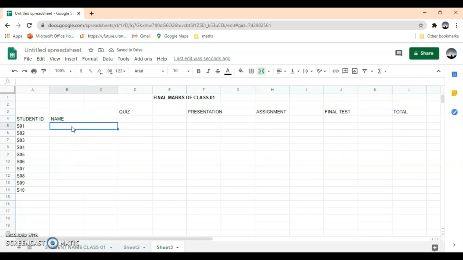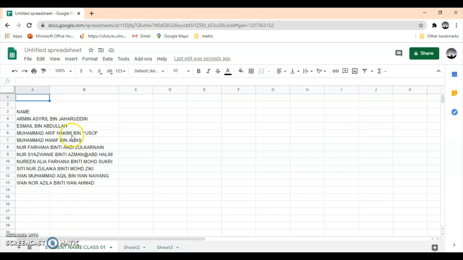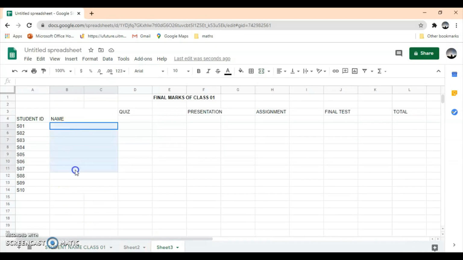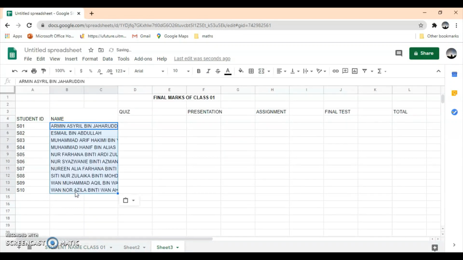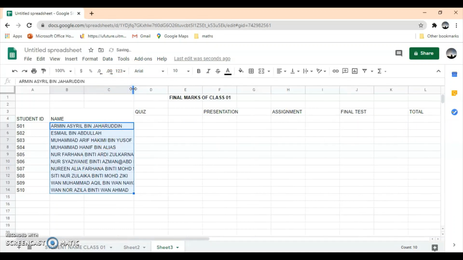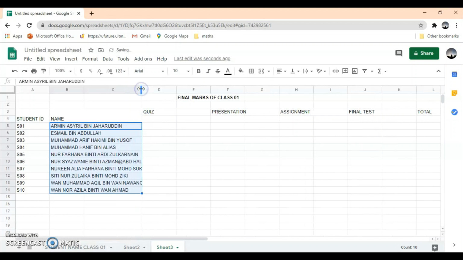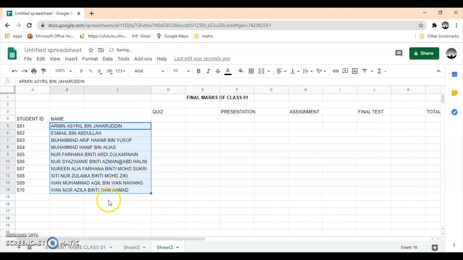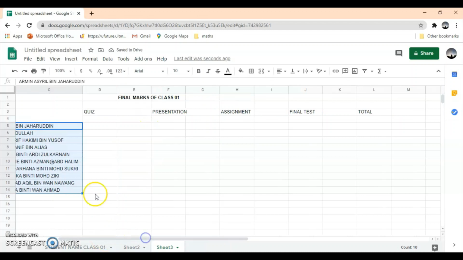So now I am going to fill the student name, which I already have here. So what I need to do, just copy and paste it here. Alright. So we just need to drag a little bit column C because the full name cannot be seen. Alright, it looks good. So now I am going to write the total mark of each task, which is for